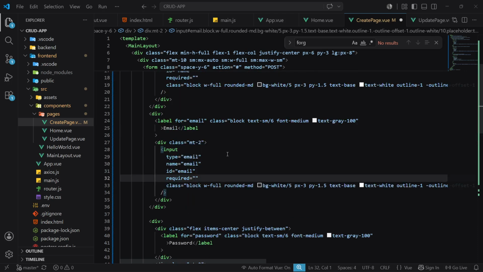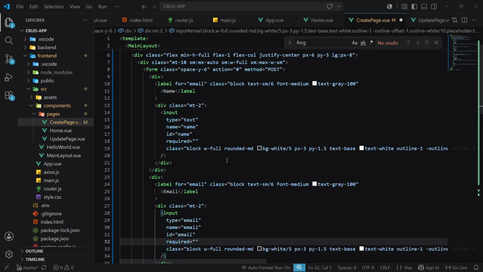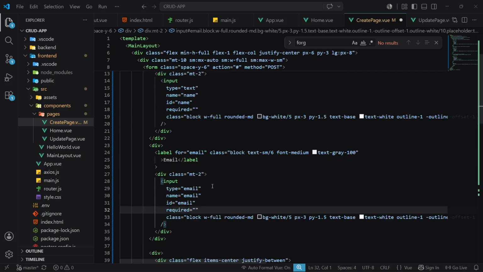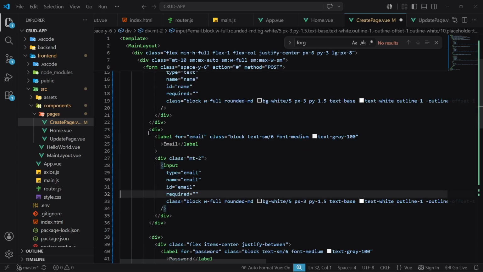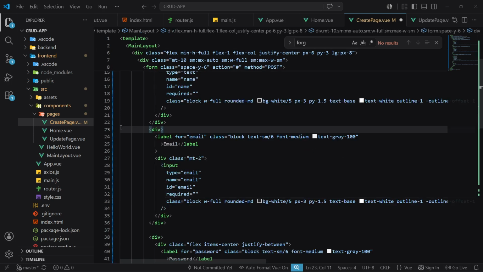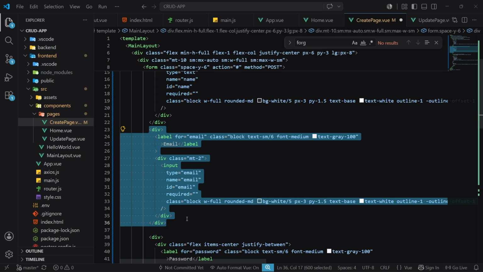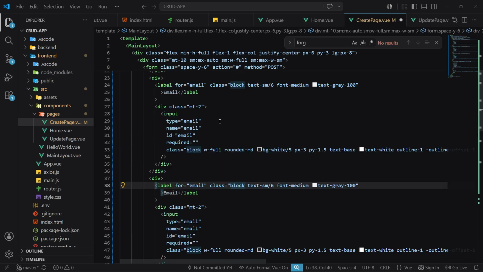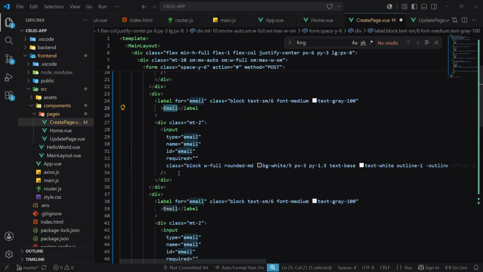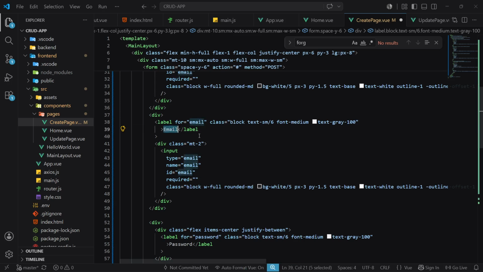And then we're going to add another one for the address. For the address, I'm going to highlight this one and then press Shift, Alt, and the down arrow. Now there is an email here. I'm going to edit this one to be address,